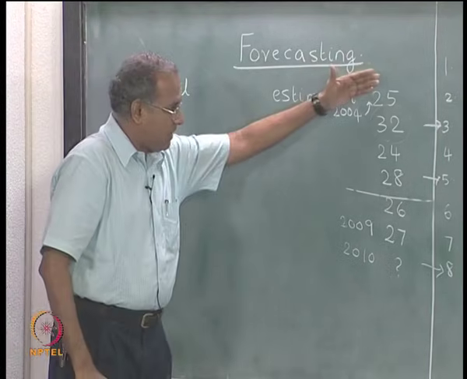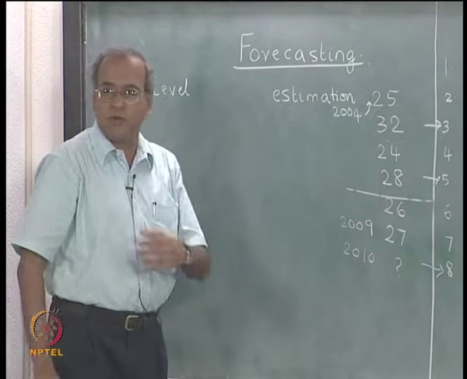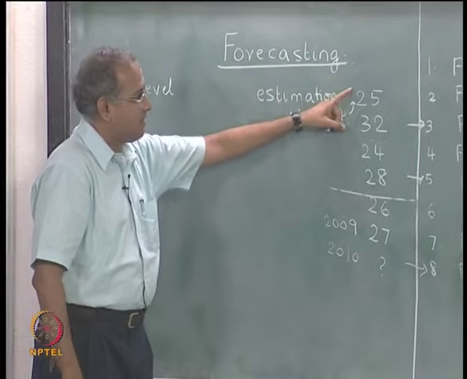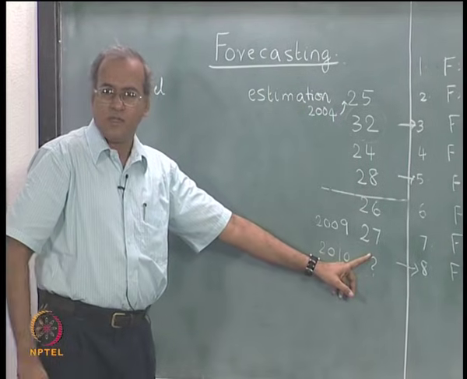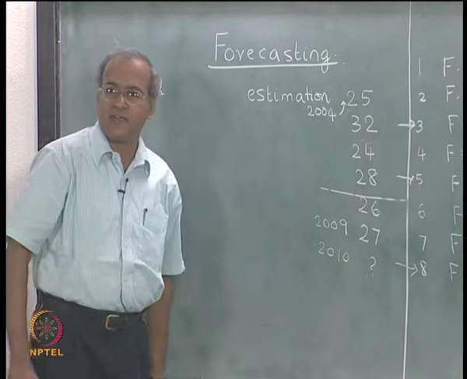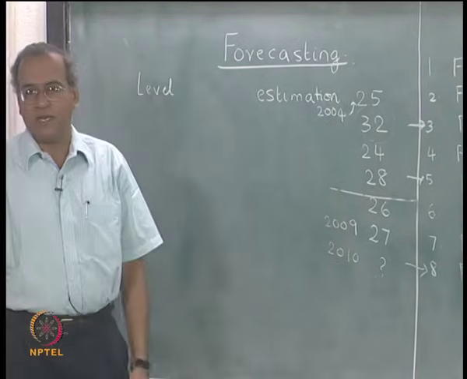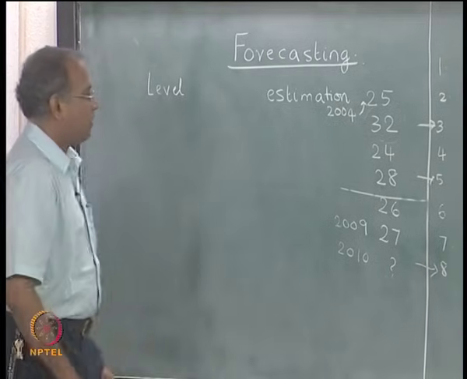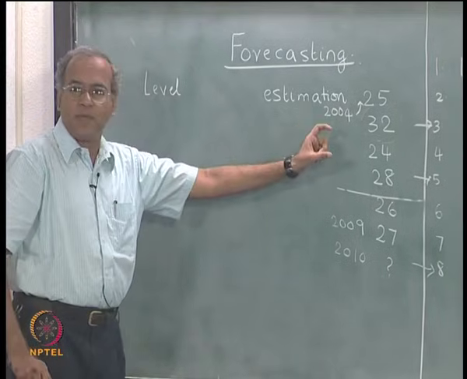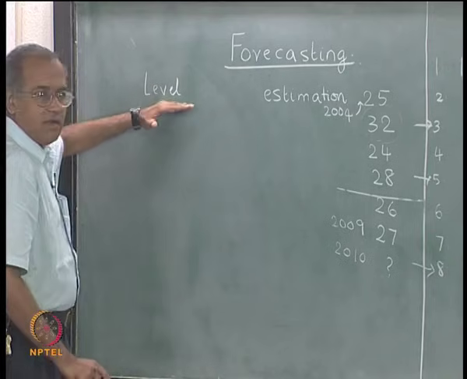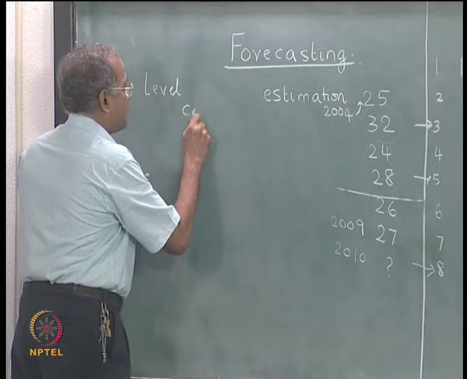So, if we look at these values, in some sense we do not see a clear increasing trend from this to this. We also do not see any kind of a decreasing trend. So, I am going to assume that this does not show any kind of a trend, and therefore, I am going to start developing models only for level or what I call as a constant model,